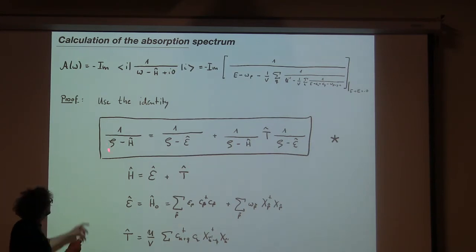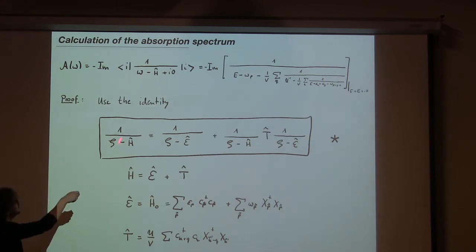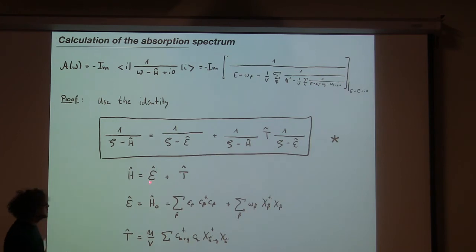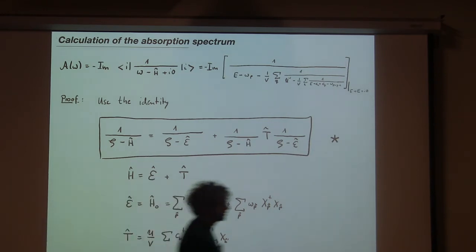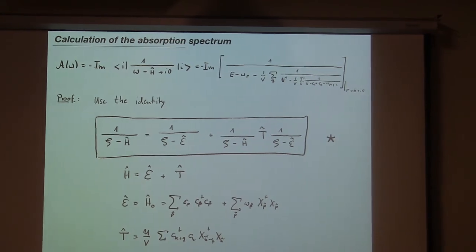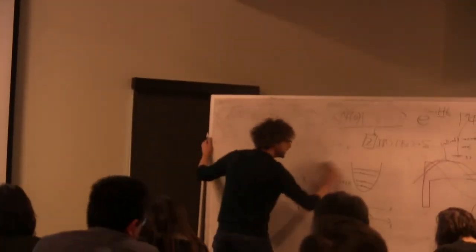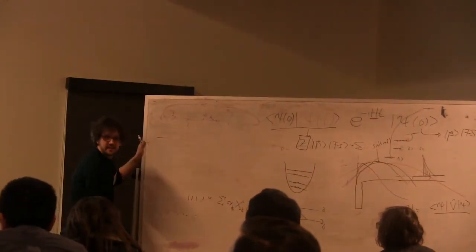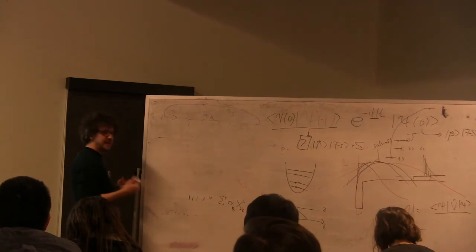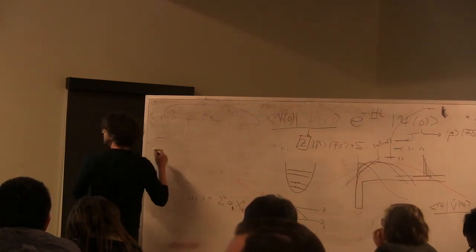So what is this? Sorry, I called this theta for some reason. No, it's zeta. But anyway, this should be the energy, so the resolvent. I write the Hamiltonian in terms of its kinetic energy and the interaction energy. So this is the kinetic energy, and this is the interaction. And we can write it in terms of this expression. It is extremely simple to prove this. Actually, does somebody see already how to prove this?